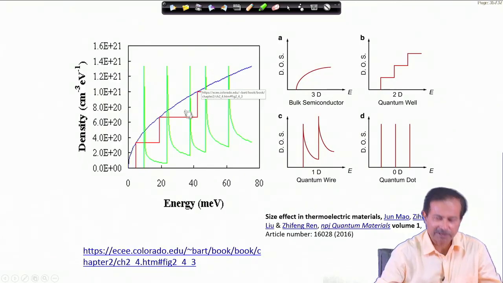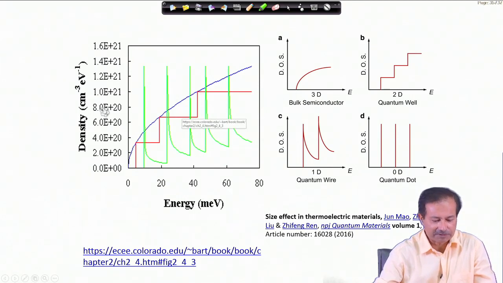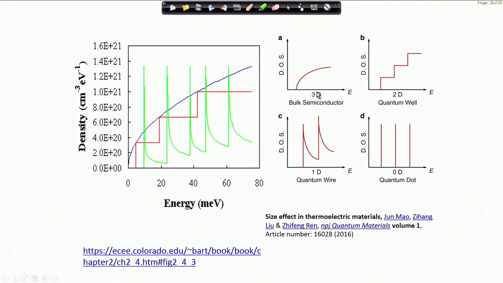So, for example, if you look at this view graph, there are densities of states shown here for different real systems. For example, this blue curve, as I said, goes as the square root of energy. This is for the 3-dimensional case I just worked out. Now, I leave it as a problem for you to work: what happens when you have a 2-dimensional system?